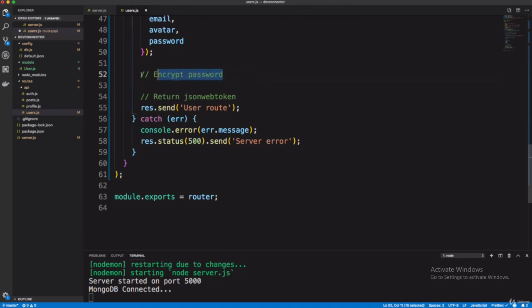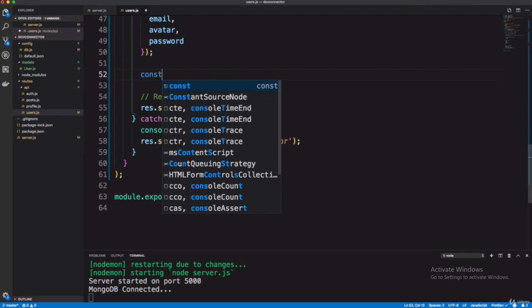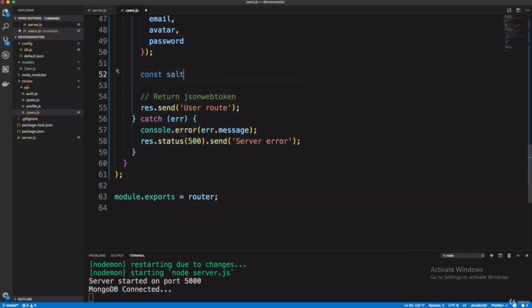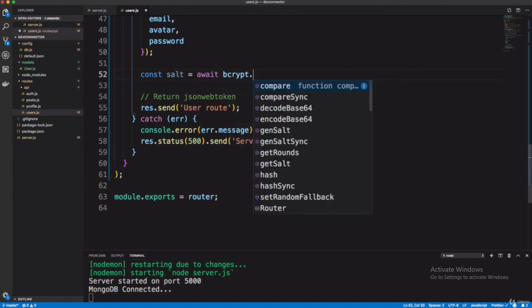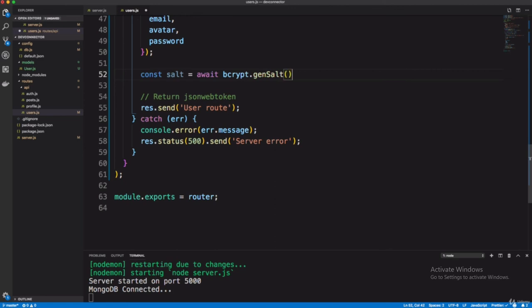Bcrypt is a package that will convert your password into an encrypted format. So you have to use a salt, which is a randomly generated value for your password. Using salt we have to write await bcrypt.genSalt, and here you write the number of rounds to generate. I am giving 10 here. You can give 12 also.